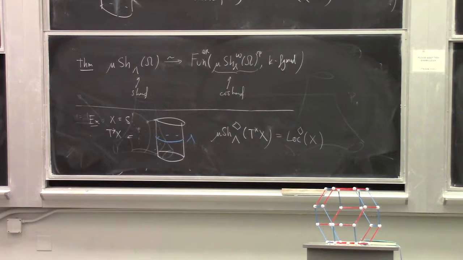Because you're doing a calculation in a different category. You asked for a Hom in the category of all sheaves. I'm giving you the Hom in the category of sheaves with this prescribed singular support. Isn't that a full subcategory of all sheaves? Yes, that's right, but your sheaf doesn't lie in that full subcategory. Your sheaf's out here.